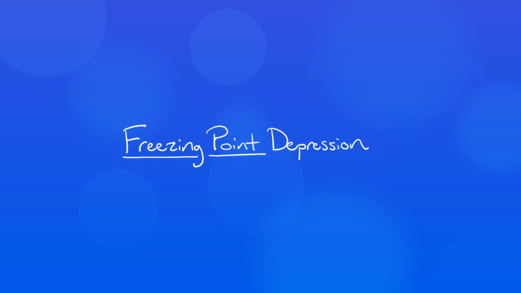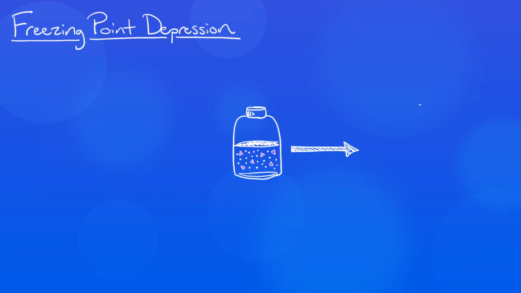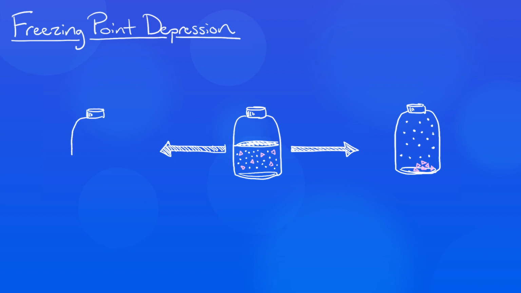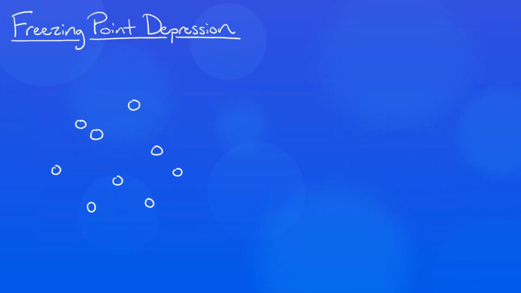Moving on to our third colligative property, we have freezing point depression. It turns out that the unusual favorability of the solution state that we've been seeing so far doesn't just affect the liquid-gas phase transition. Leaving the liquid phase through freezing is also more difficult for a liquid once something is mixed into it. Here again, the physical explanation is a little complex, but suffice it for now to say that liquids can't freeze like they normally would,